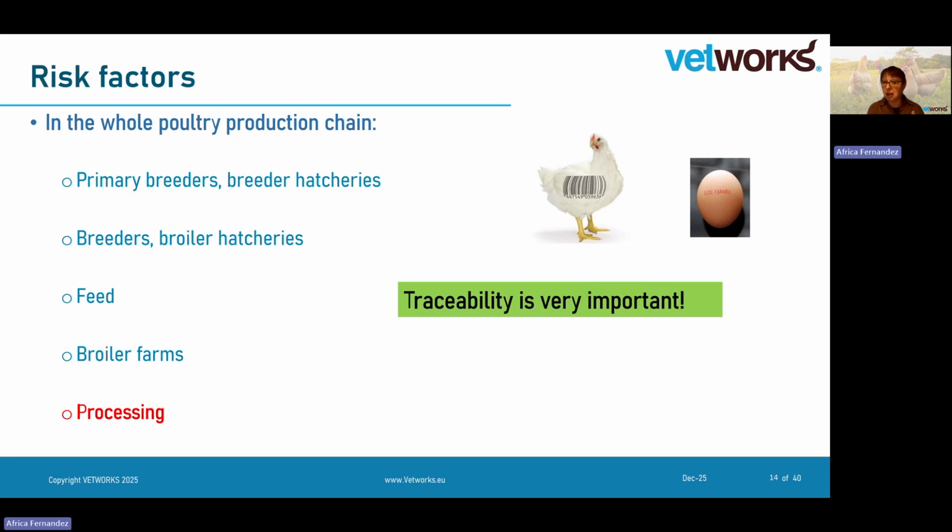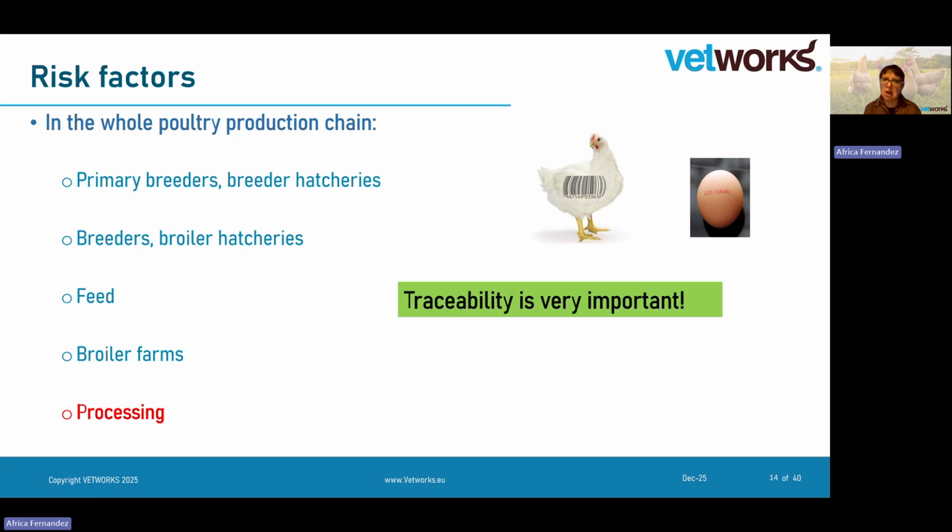In fact, for example, in the US, where they traditionally have been concentrating mainly, not only, but mainly, on controlling Salmonella in the slaughterhouse and during processing, they are now putting a lot more effort and focus on controlling Salmonella during production in farms, to reduce the level of contamination in the broiler farms